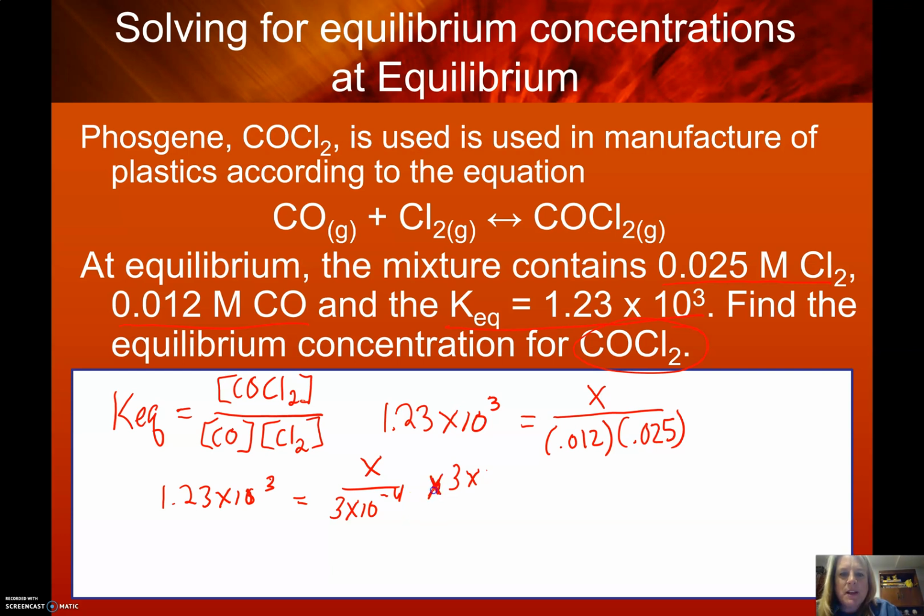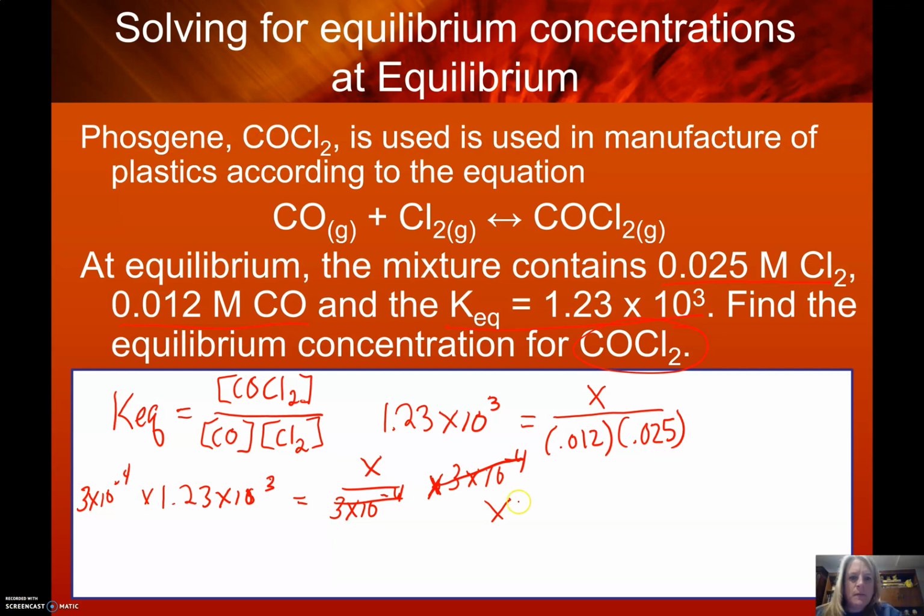Times 10 to the negative fourth. We're going to multiply that on both sides, 3 times 10 to the negative fourth, because then we get it out of our denominator here. And so for x, we just multiply our 3 times 10 to the negative fourth times our 1.23 times 10 to the third. And when we do that, we get an answer